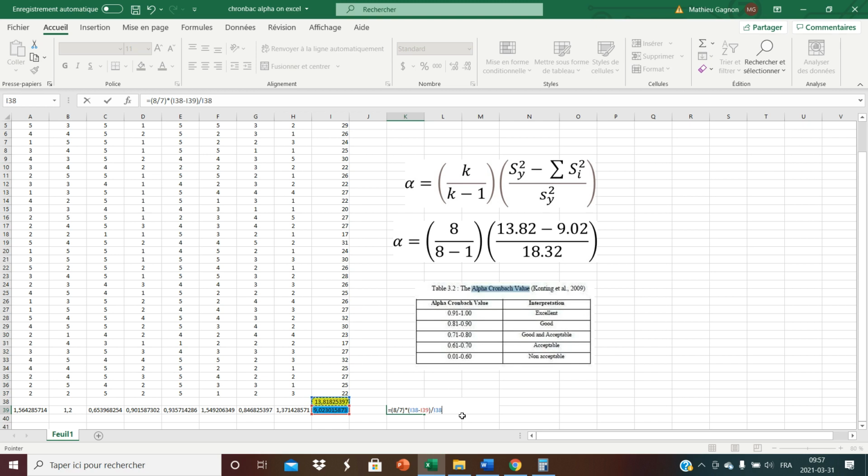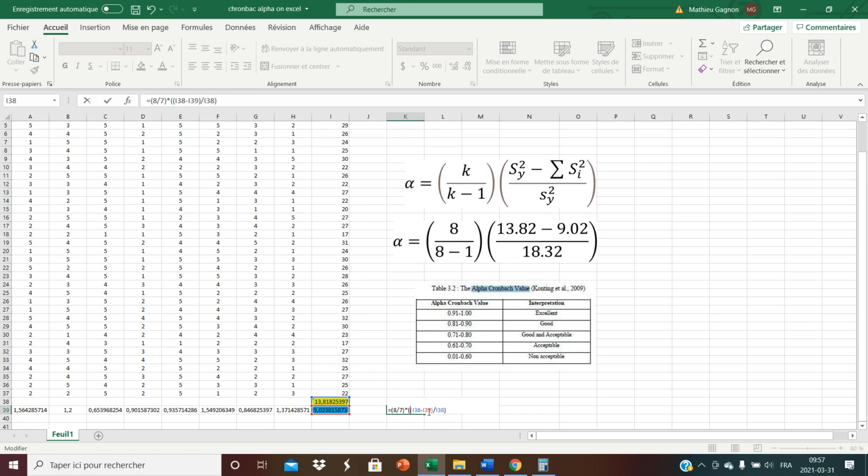But again, this will probably divide the whole thing, so I don't want to do that. I just wanted to divide the first, the terms that are up here. Donc je vais mettre une parenthèse ici et mettre une autre parenthèse ici, comme ça. There you go. 8 divisé par 7 fois